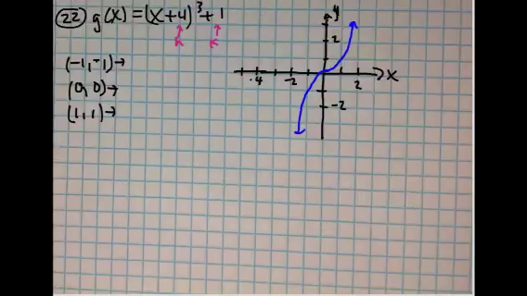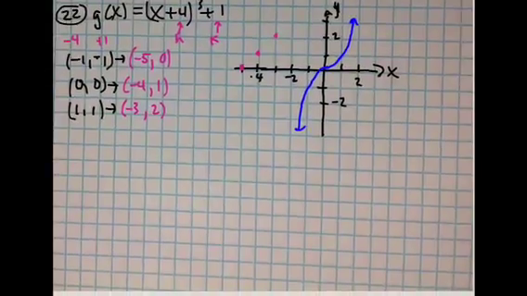So for 22, the h value is -4, so that means that the x's are going to decrease by 4, and the k is 1, so that means that the y's are going to increase by 1. So -4 minus 1 is -5, 1 minus 1 is 0. -4 plus 0 is -4, 1 plus 0 is 1. -4 plus 1 is -3, 1 plus 1 is 2. So -5, 0. -4, 1, and -3, 2. So the graph, oops, is this way,